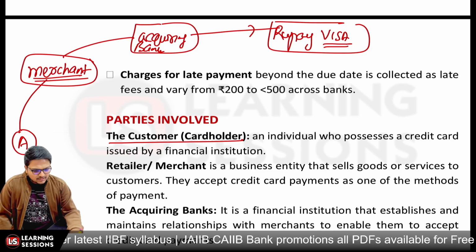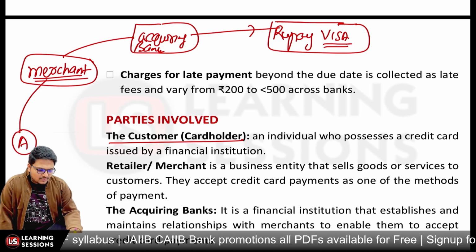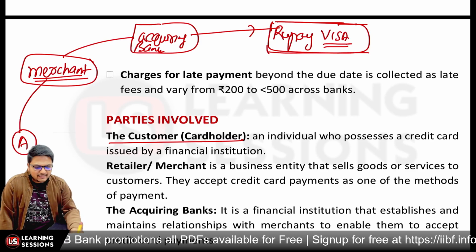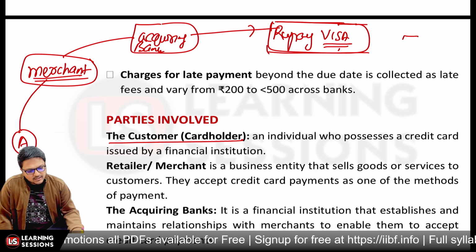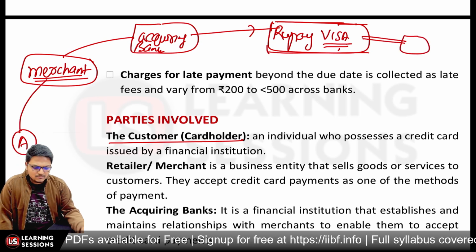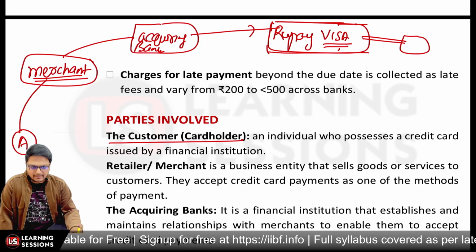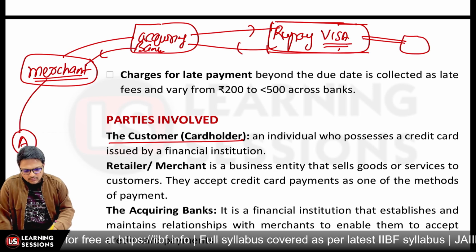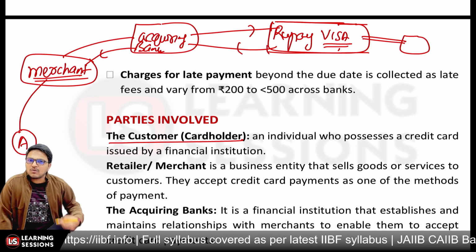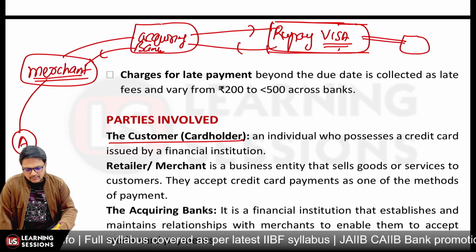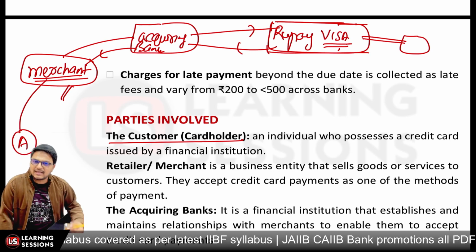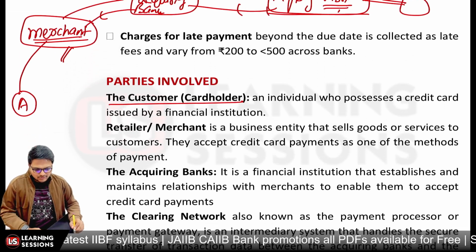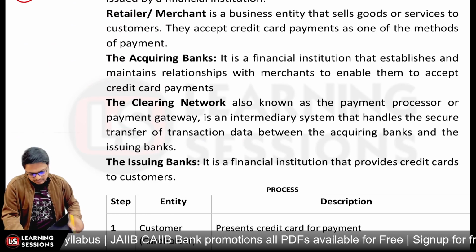So in the network, the transaction will be authenticated, the balance will be checked, the limit will be checked, whether the card is blocked or not will be checked, each and everything will be checked, and further a response will be given, and the account will be updated. If the account was to be debited, it will be debited, and the response will be given back to the acquiring bank and through the acquiring bank to the merchant. If the transaction was accepted, the receipt will be printed, and if the transaction is declined, then a message will be delivered that the particular transaction was declined. So that is related to the different concepts.